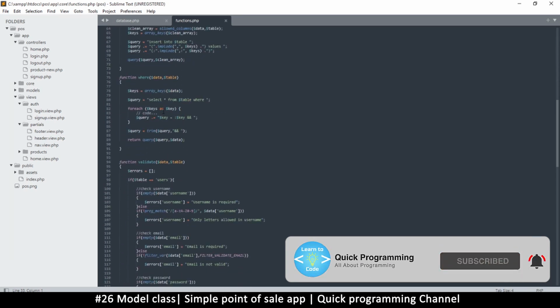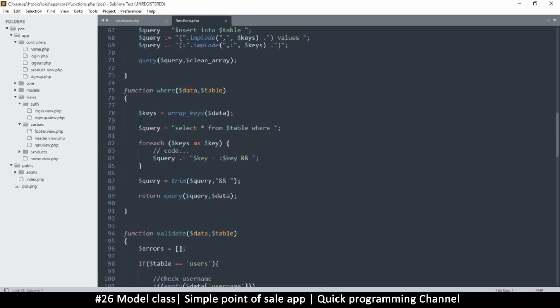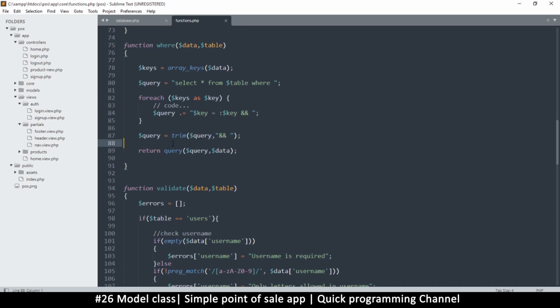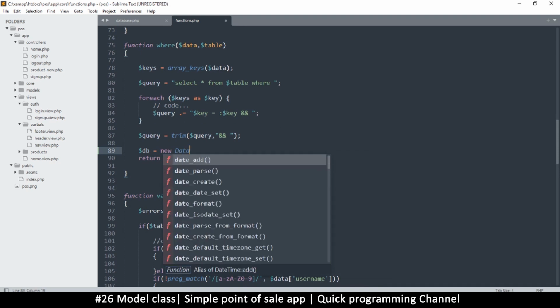So where is this? 89 is here. So we are using the where clause. So we don't have this db query anymore, this query function. So in order to use it, we simply have to say db. Now this is just a variable, so you can name it anything you want. It's just easier for me to name it db. It's nice and short. Is equal to new database,